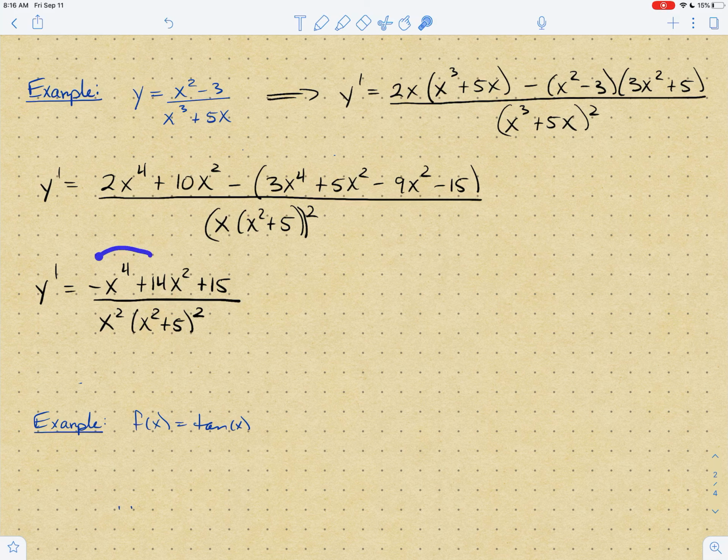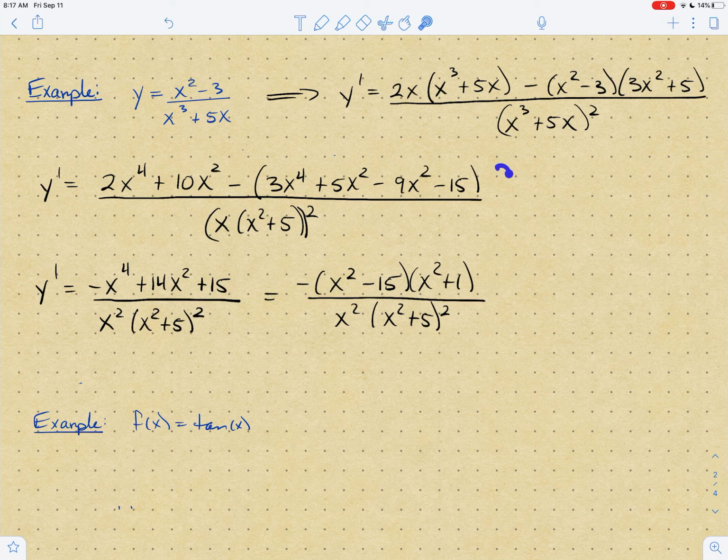Now, sometimes you can factor upstairs, sometimes you can't. I can in this case. And please check, pause the video, factor this yourself. You should get negative x squared minus 15 times an x squared plus 1 all over x squared times x squared plus 5 squared. And so at this point, I'm done,